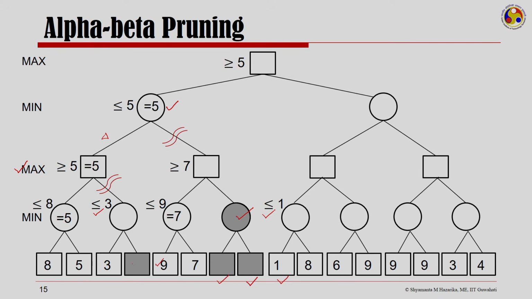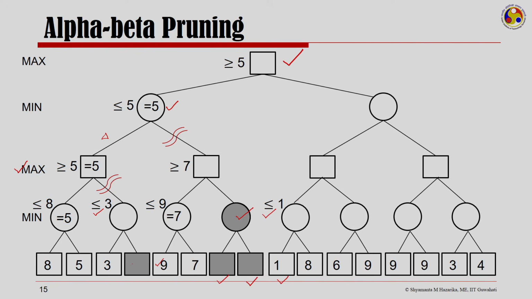So, I have something which is less than or equal to 1. Now, this is where it becomes very interesting, and this one would not have been visible in a small tree. Here I have a root node occupied by max, where if I visit the left tree, I would have 5, and I am expecting something greater than 5 by visiting the right side of the tree.